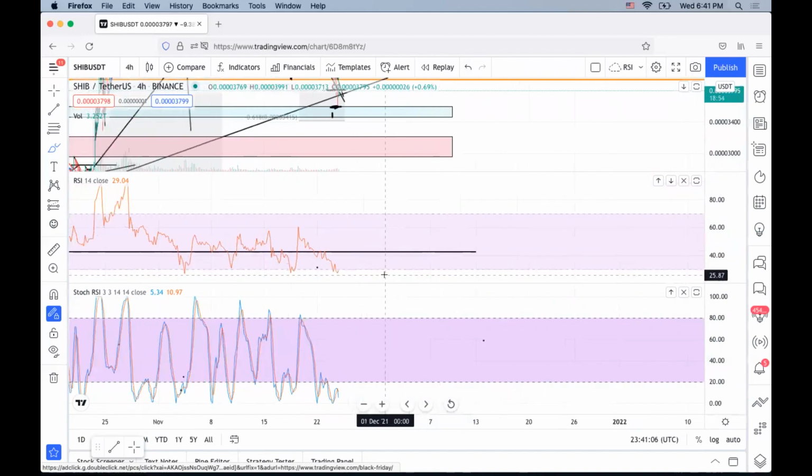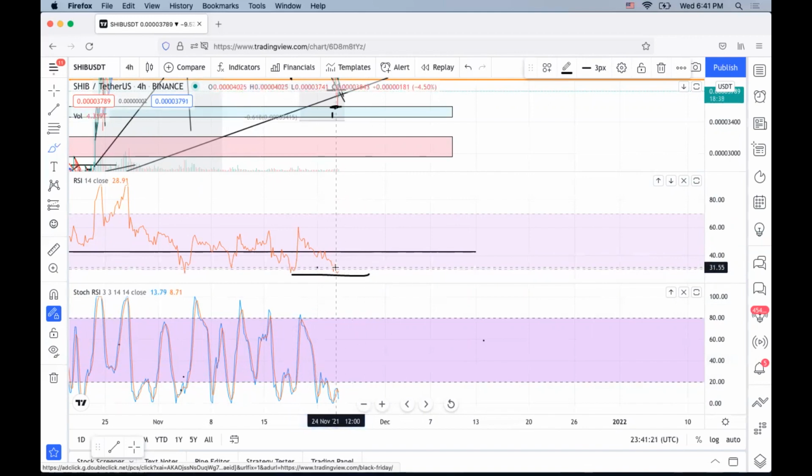All right, RSI is sitting right around the 29 area. We are definitely in oversold territory. So long term, I do believe we'll start seeing a bounce here. We can't really get much lower because we are already pretty deep in oversold territory. And we do have a little bit of a trend line right here, so we should maybe see a